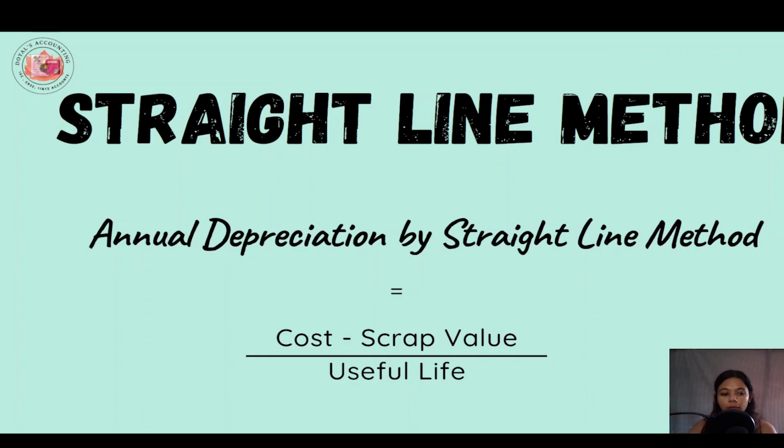The formula for depreciation by the straight line method is the original cost of the asset minus its scrap value, divided by the useful life of the asset. Okay? And in the straight line method, the same amount of depreciation will be charged every accounting period throughout the useful life of the asset. So for instance,